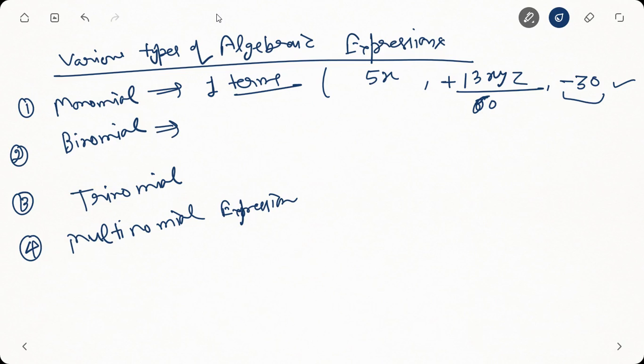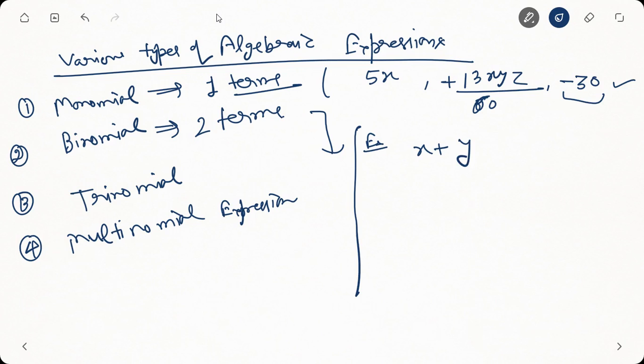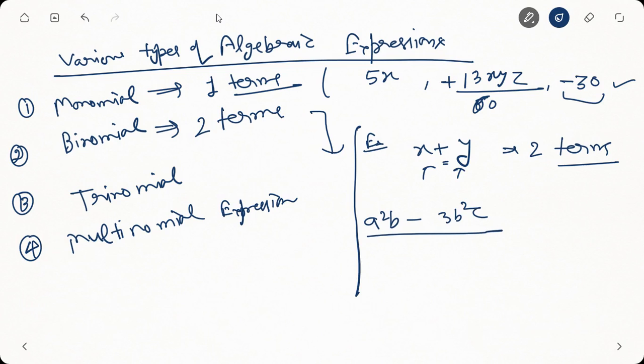In a binomial, there are two terms present in an algebraic expression. For binomial, let's take an example. If I say there is an expression x plus y, because there are two terms present which are separated by plus, one term is this, one term is this, so this has two terms, so it is a binomial, right? If I say another example, a square b minus 3b square c, which type of algebraic expression is this? We can identify that there are two terms which are separated by minus, so it is a binomial,